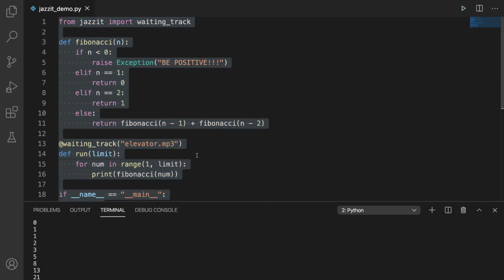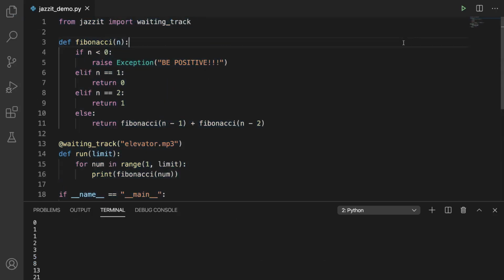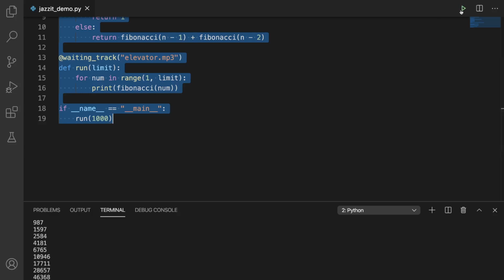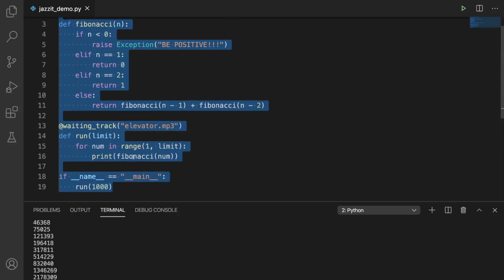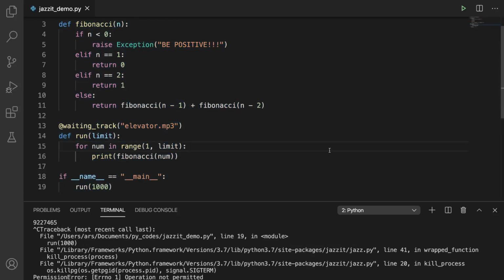Oh, it's finished so soon. Okay, let me put back 1000. Now you can hear the second music while it is running. Okay, let me stop it. Okay, so while it was running, you could hear that music.